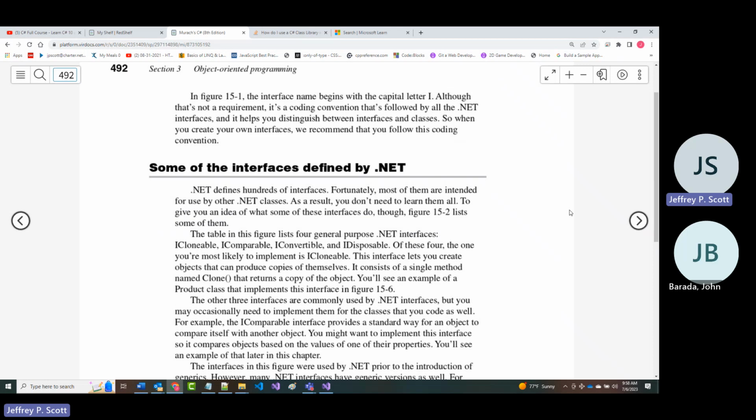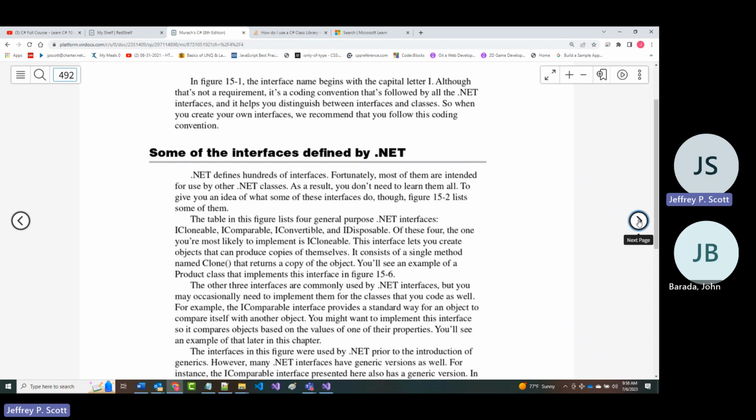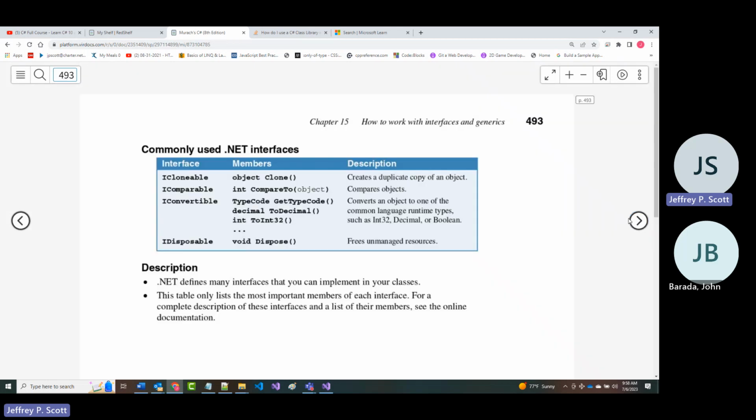So next, some of the interfaces defined by .NET. So .NET uses these. I will tell you this is me speaking, but the ones that I use the most often are the first two. So iClonable can be used to create a copy of an object. You can clone something that you've created.